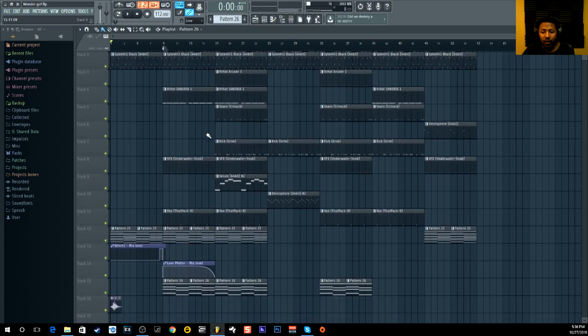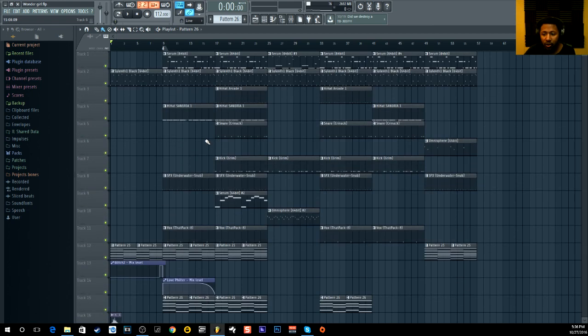So however you do your chorus is how you do your chorus. I can't tell you how to do your chorus. Just make sure you have it somewhat different. You could have all the drums here, cut the drums down, snares here. You could do so many combinations, but you want to keep that difference between the first half of the chorus and the second half of the chorus.